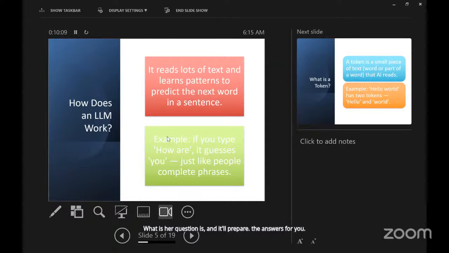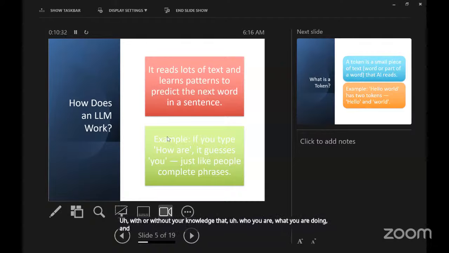But not just reading your input text, it will also collect data from your phone or computers with or without your knowledge, that who you are, what you are doing, and how